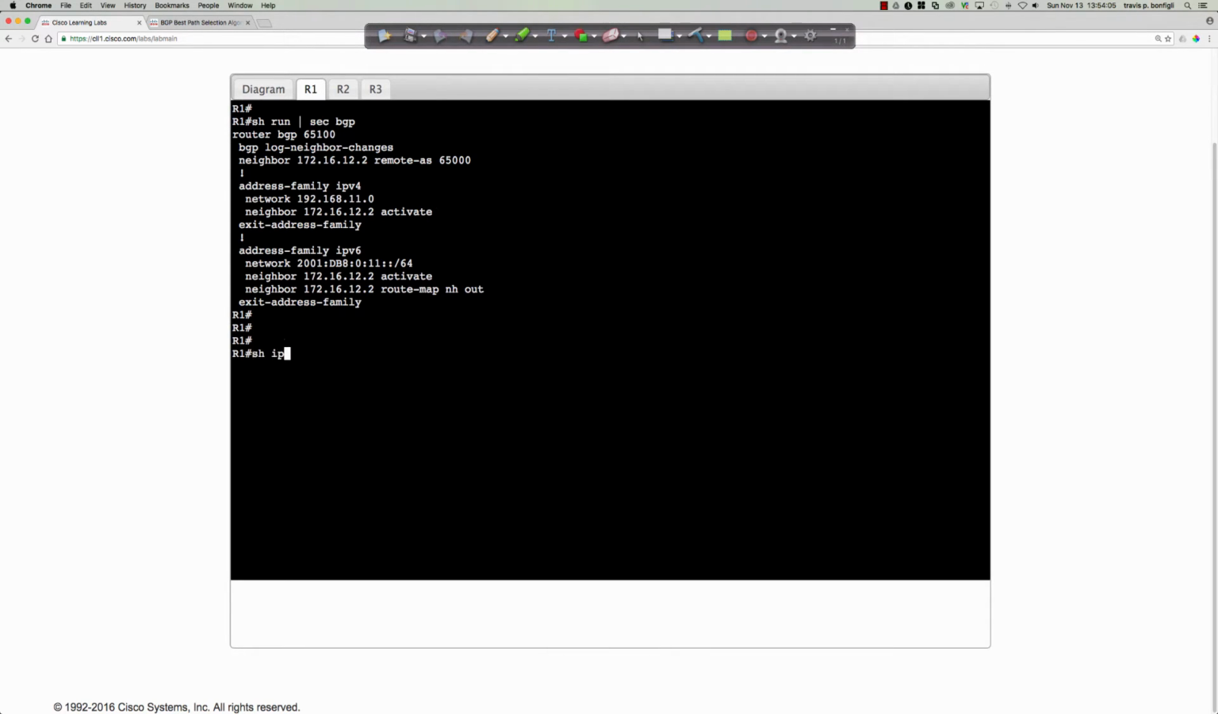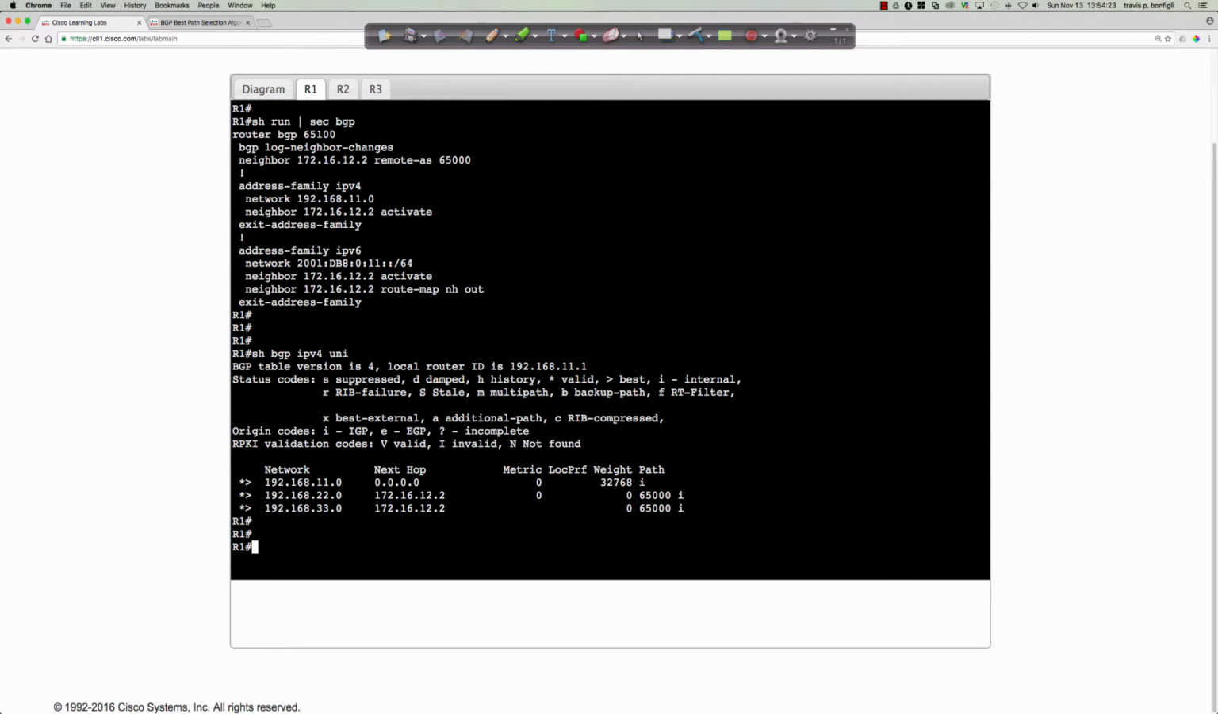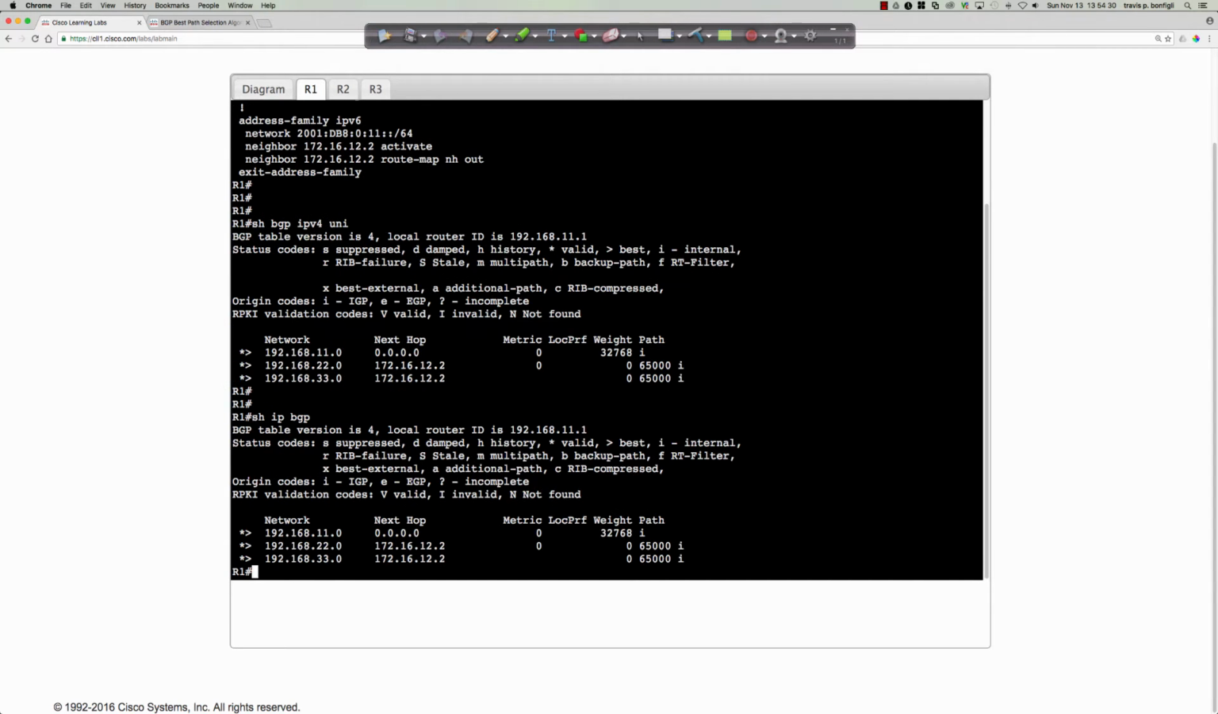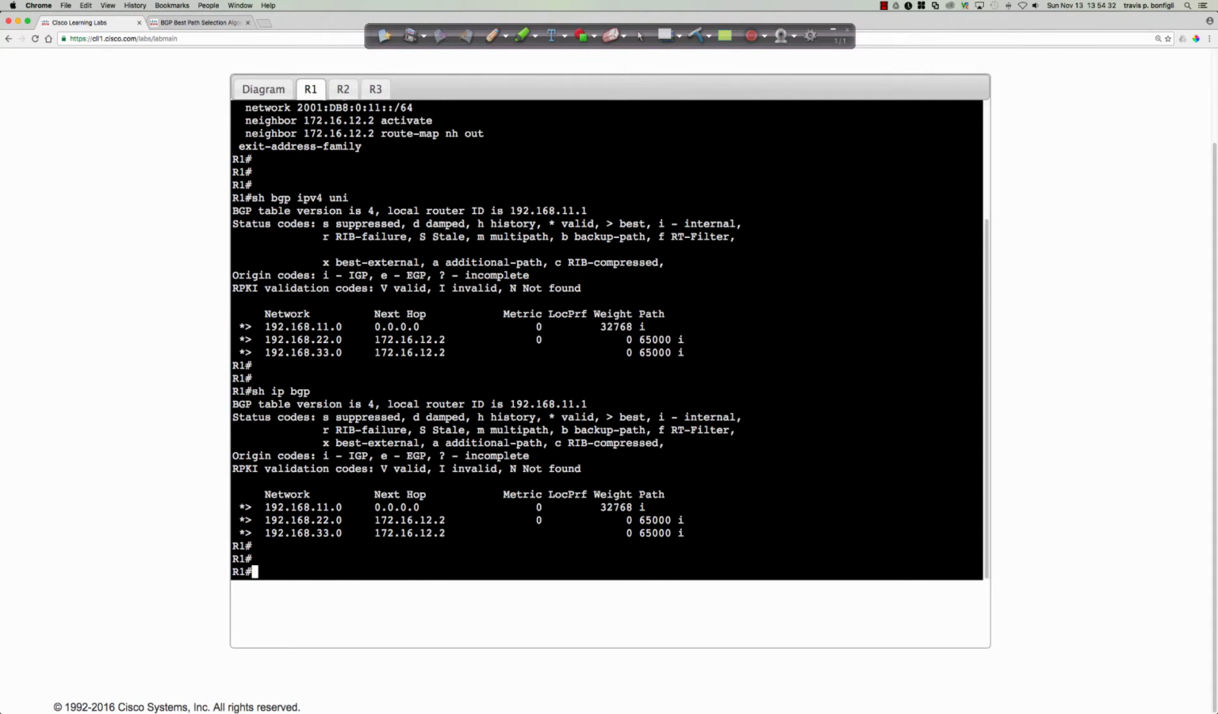If I was to say show BGP IPv4, now we're going to start to take a look at the new commands, right? And when I say the new commands, these are the address family specific commands. So we say show BGP IPv4 unicast, and what is that the same command as? Exactly, show IP BGP. But again, now that we're using the address families,